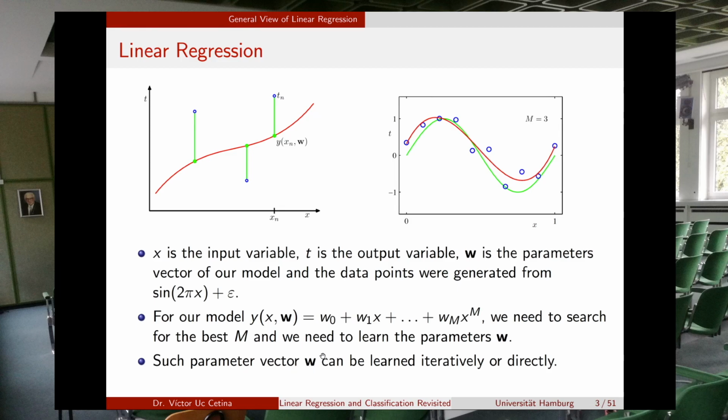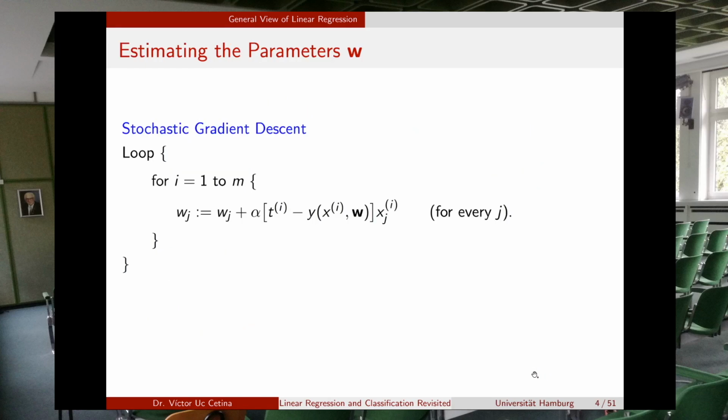Such parameter vector w can be learned iteratively, for example with the stochastic gradient descent, or we can try to estimate them or learn them directly using the normal equations. So these are the two methods that we can use: an algorithm to estimate the parameters iteratively, or the normal equations. And as we explained before,